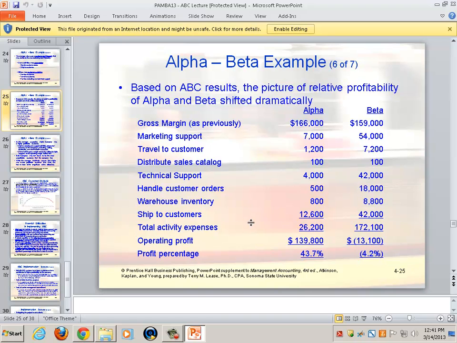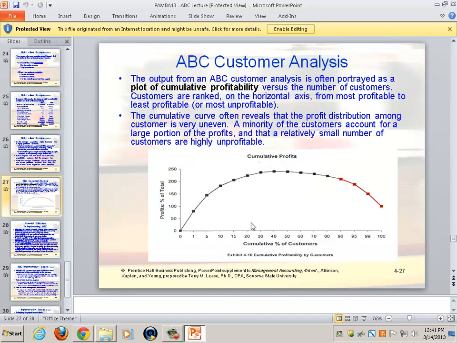So as long as we stay on profitability, there's an interesting chart which you can use if you have profitability by activity. Profitability plot